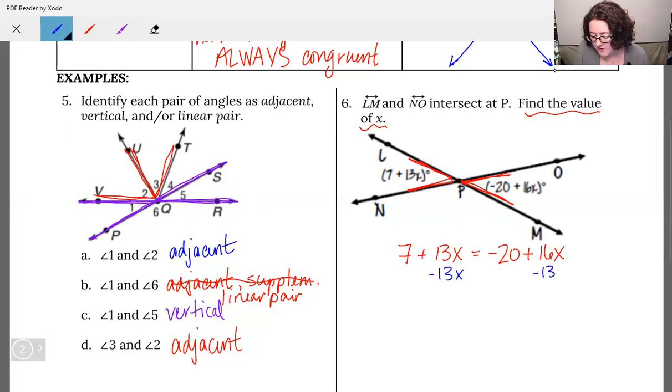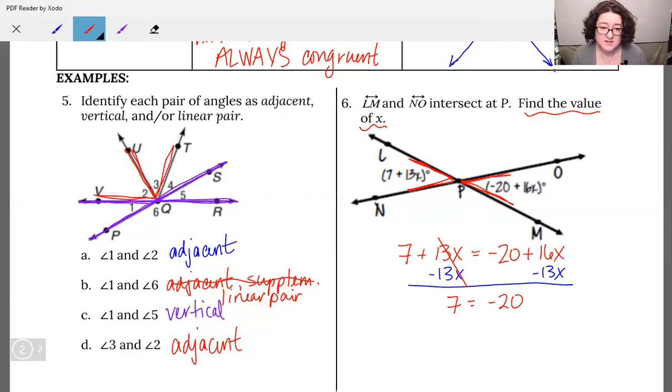Again, this isn't the only way to do the problem. If you want to try this on your own using a different method, just make sure you get the same answer as I do. So that cancels the 13x on the left-hand side, leaving us just with 7. We have a negative 20, and we have positive 16x minus 13x. We have a positive 3x left. So then let's move the negative 20. We would want to add to both sides. So plus 20,